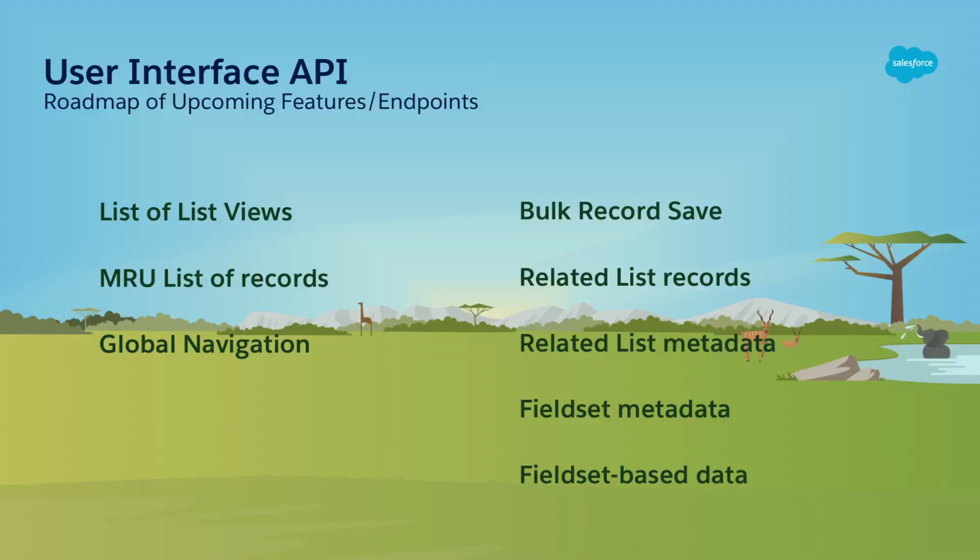So we talked about lists, we talked about record home, we have the global navigation at the top. That's going to be a public API, and we want to make that available to you as well. Next, after that, we're going to start working on related lists because everybody loves related lists, and it's pretty complicated to work with. So we want to bring that into the family, as well as for partners that use